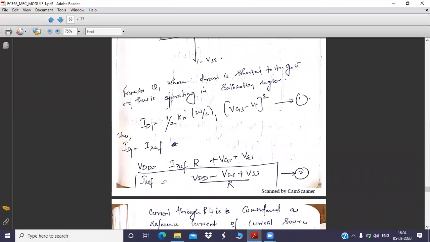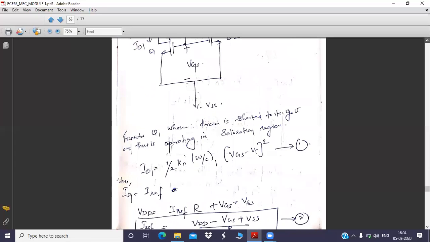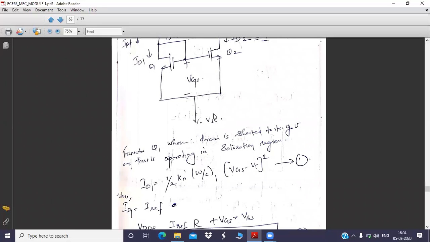Now, this is the equation for writing that reference current. That is VDD minus VGS, divided by R. Apart from that, one more term is there, because if I would have applied a ground, then this need not be considered because this is 0. But here I have taken a negative power supply, so that a convenient amount of current can flow through this particular mirror circuit.